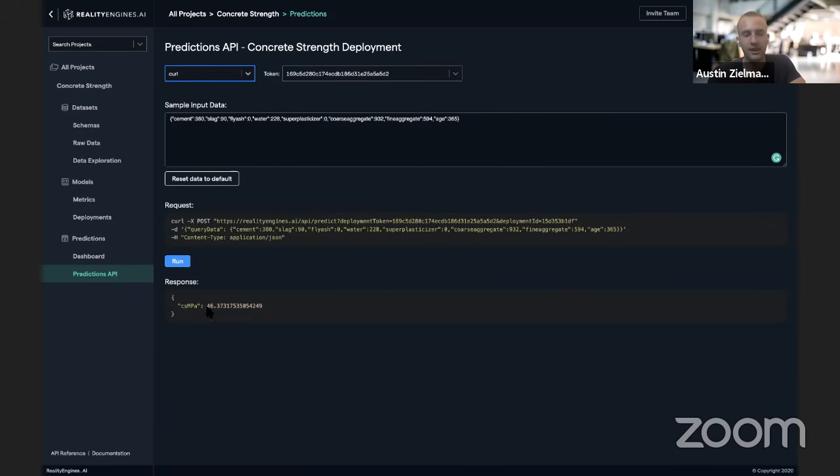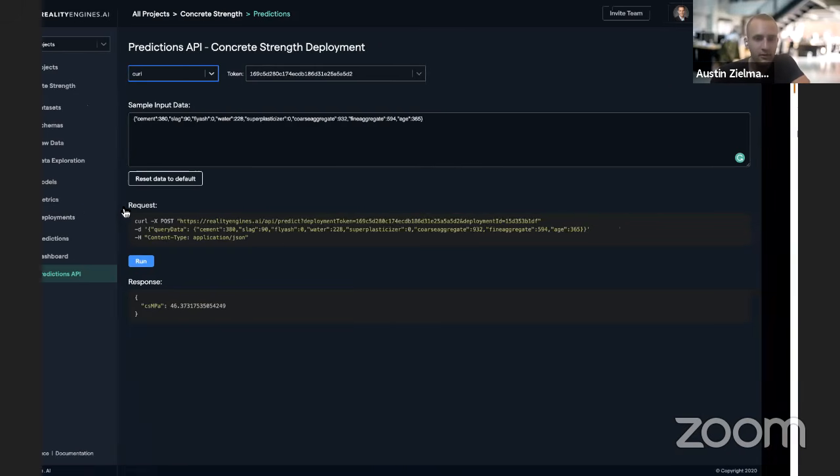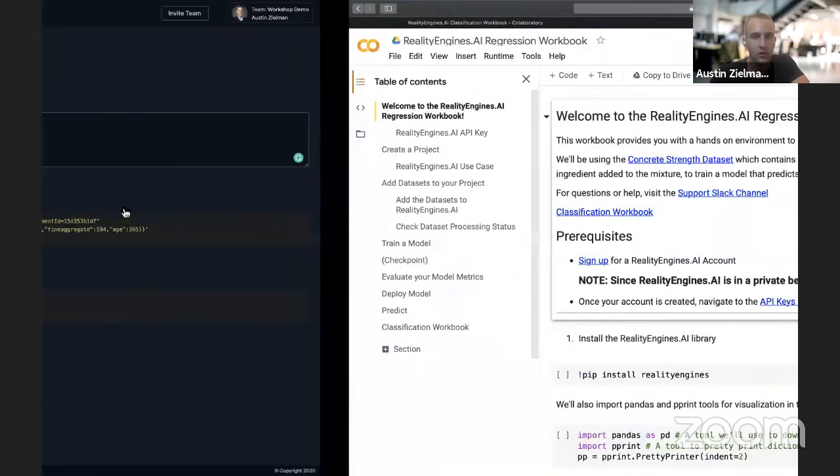And of course, we provide other means of accessing. If you don't have the Python client, you can always make just standard REST requests, and we show you how to do that using the predictions API. So if we wanted to jump back over to our workbook,